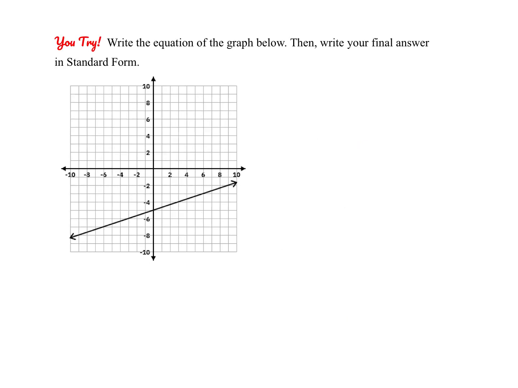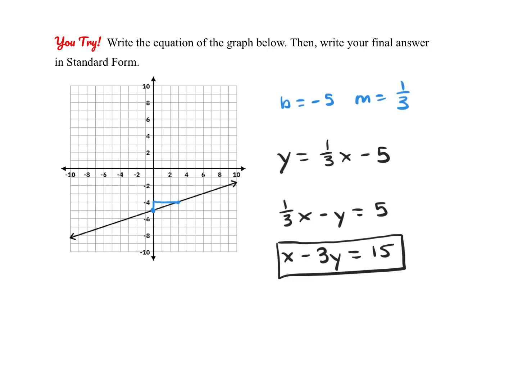All right, go ahead and give this one a try on your own. All right, go ahead and check here. So this is a pretty nice graph. Again, we can see what the y-intercept is, and we can see that our slope is 1 over 3. So I started from slope-intercept form, and then I moved stuff around and made sure that I was in that